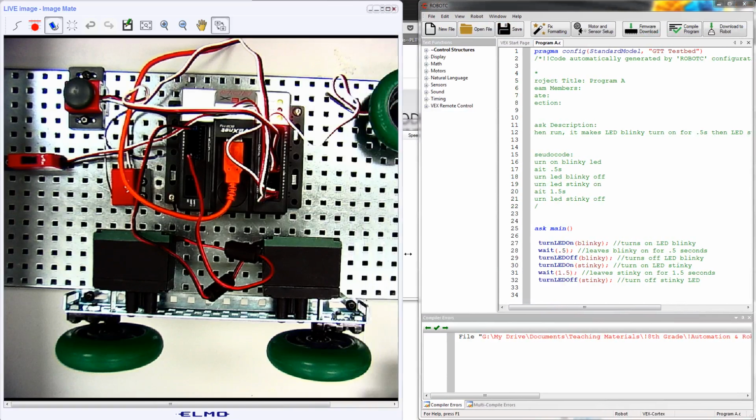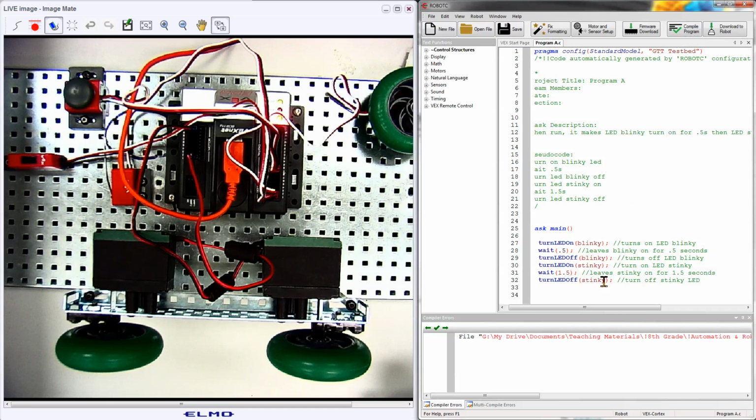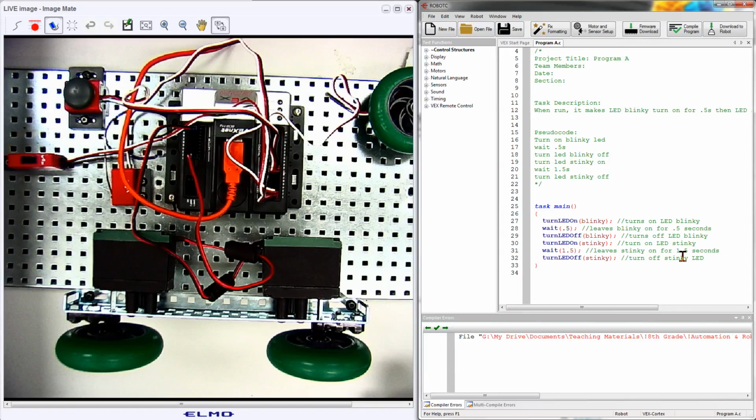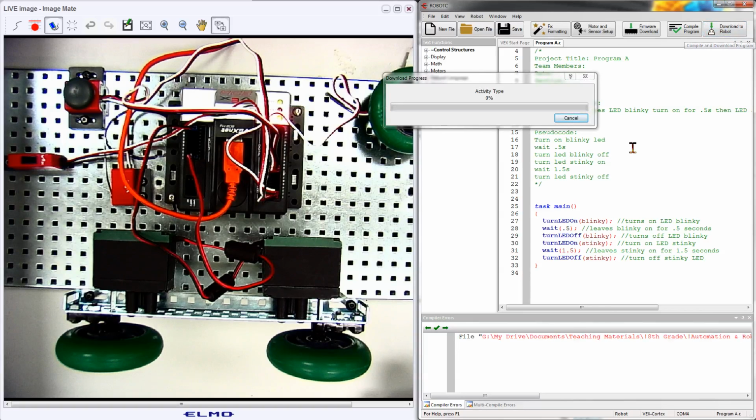There we go. Okay. So the first thing you'll want to do before you download the code to the robot is to click compile program, and what that does is it checks your code, which is this part here, to see if everything is okay as far as how you wrote the code. So if you get any red X's right here on this gray bar, that means that there's a problem with that line of code. So my code is good. So once I check that, then I can download it to the Cortex. So I'll click download to robot,